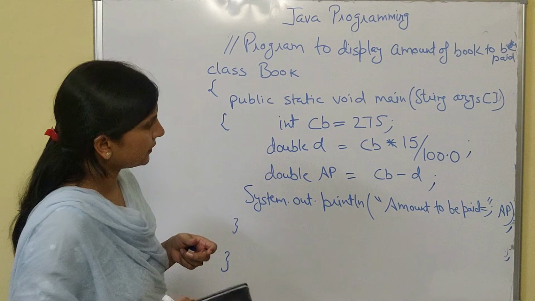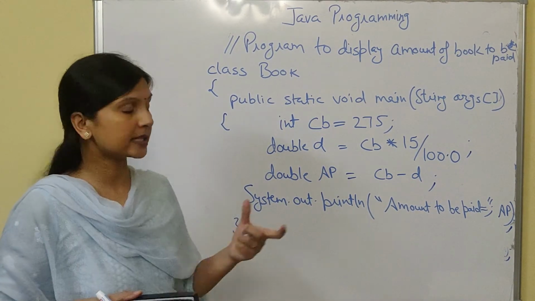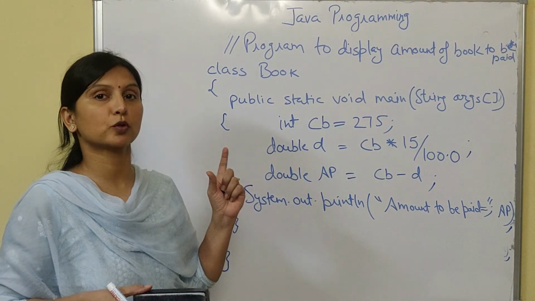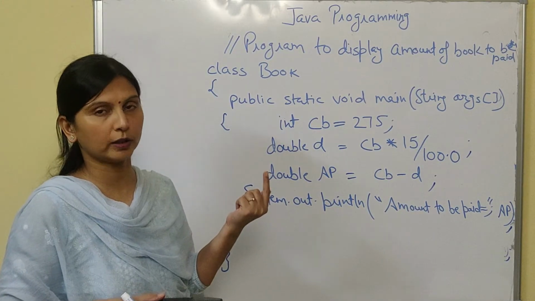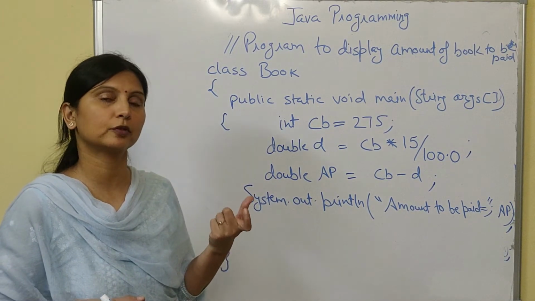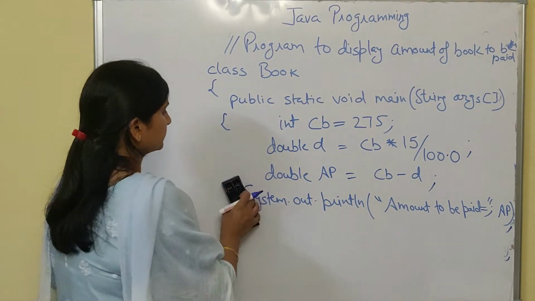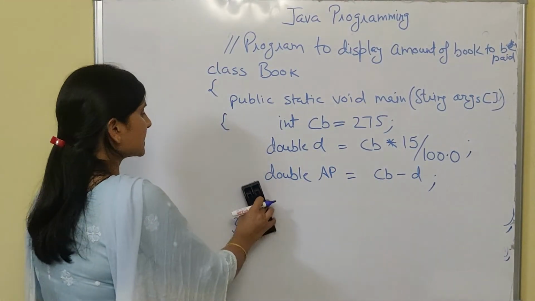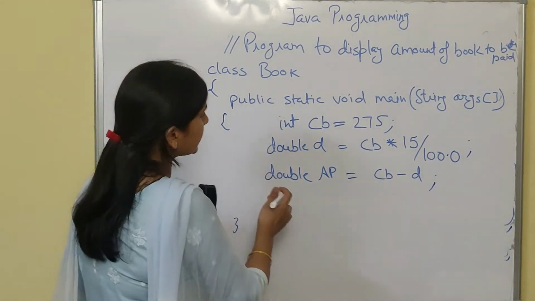Now if I ask, I want the amount payable, this is the amount to be paid for one book. If 60 such books are there, then how will you calculate the amount payable for 60 books? So what will you do? Now I am making changes here only. If 60 such books are there, then in that case